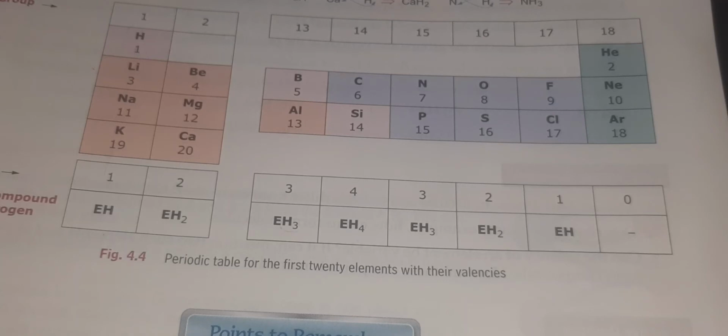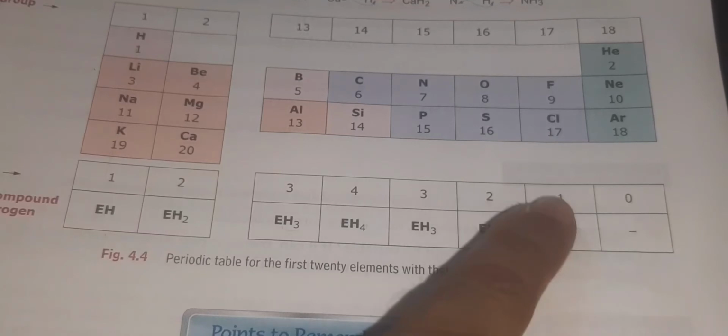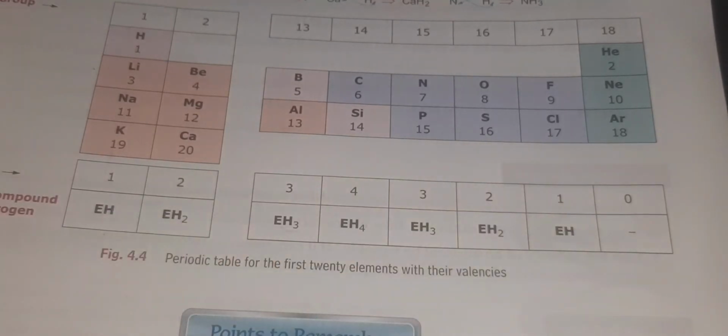So basically we have to learn the valencies of elements from 1 to 20. That is difficult. But if we look at it this way, in a group, we just have to learn 1, 2, 3, 4, 5, 6, 7 or 8 groups only. On that basis, instead of learning 20 atoms' valency, now we have to learn 8 groups' valency. So learning valency has become very easy now.